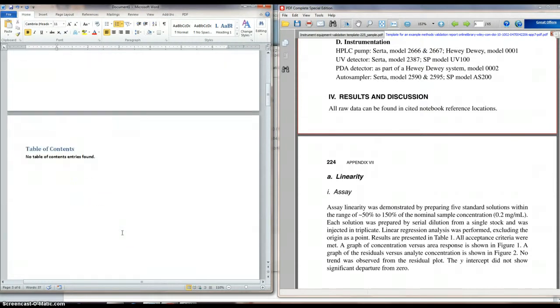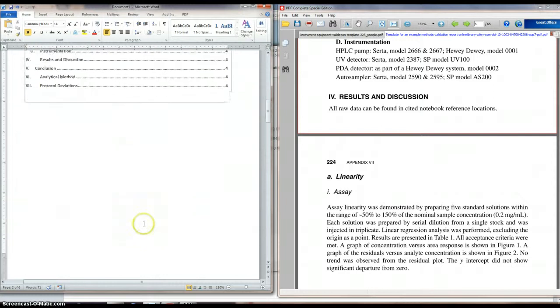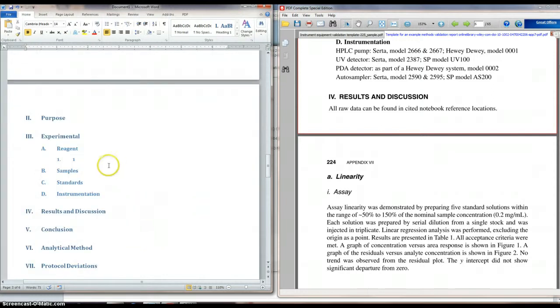So now let's come back up to our table of contents and click on it, and we see update table, and there we are. So it even has these in here, and it automatically puts the page numbers in there. When you start putting information in there,